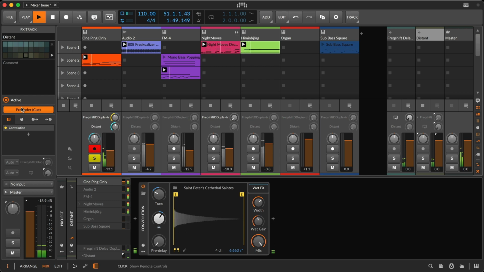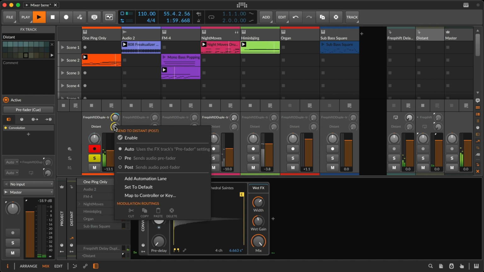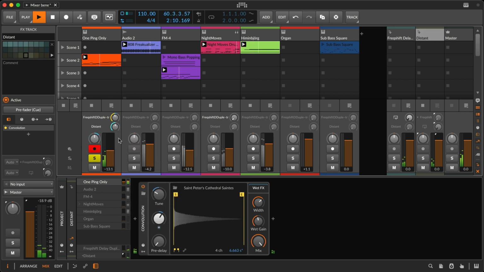That's one choice. The other choice is that I leave the aux normal in a post-fader sense, and you could see the colors change here when I did that. And just for this individual send, I could right-click on it. Just this channel going there. Okay, it was trusting the track, which is why the pre-fader switched things. Well, I'm just going to make this one send by itself pre-fader. Now I've got the blue here, the yellow here. If I were to turn this up on a different track, it still stays yellow in the regular post-fader way. Shift-click, because we're in exclusive.